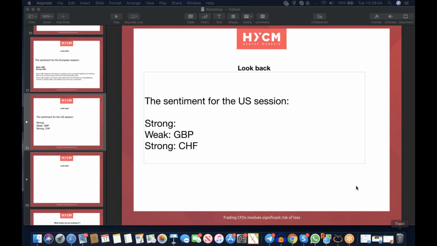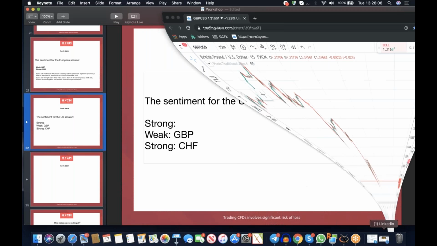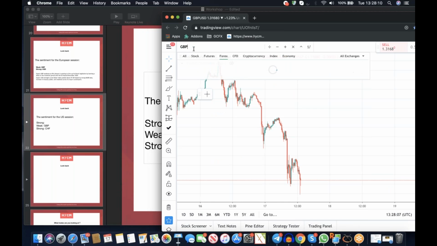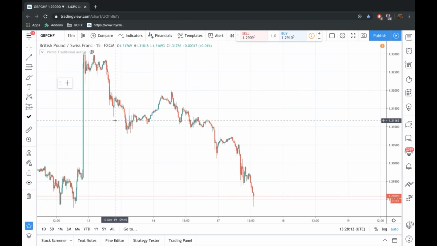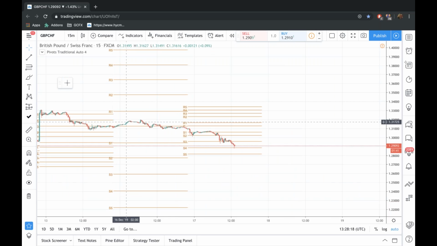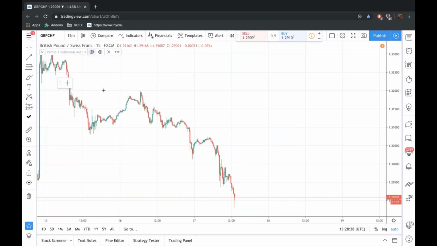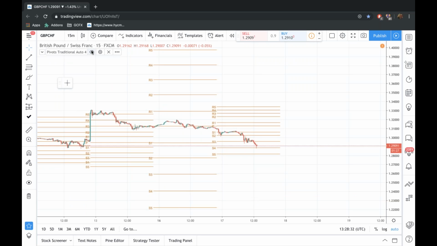Having decided my weak and my strong currency, I now turn to the chart. This is what I do each and every day. I'm looking for key areas of support. So I'm looking at some pivot points, and you can see straight away an S3 pivot point up here. See price moved into this pivot point, a little bit of profit taking. So looking here, where would I be looking at re-entering this market?